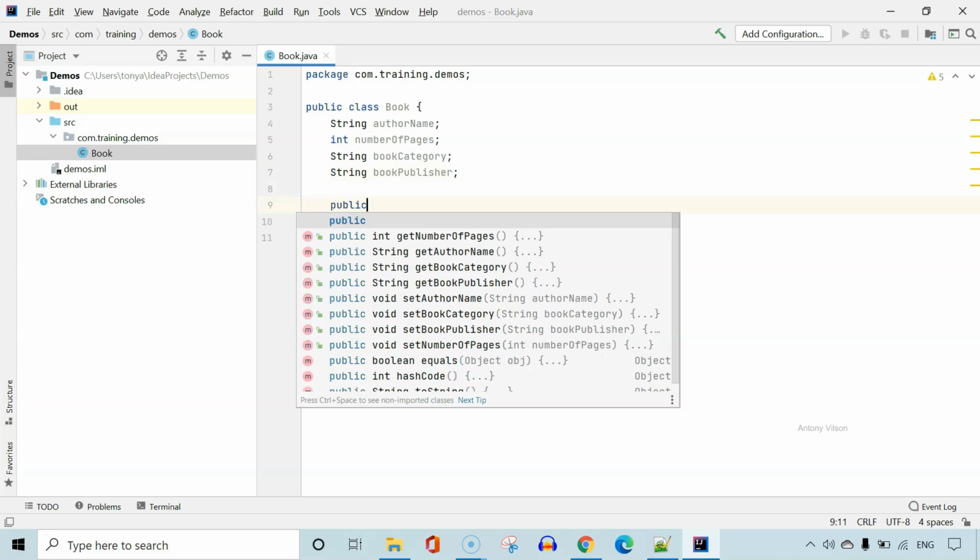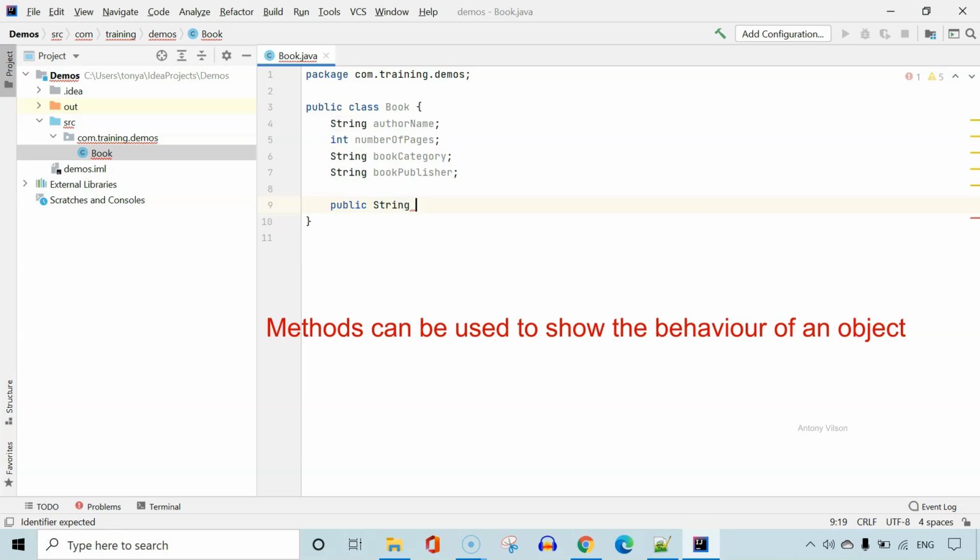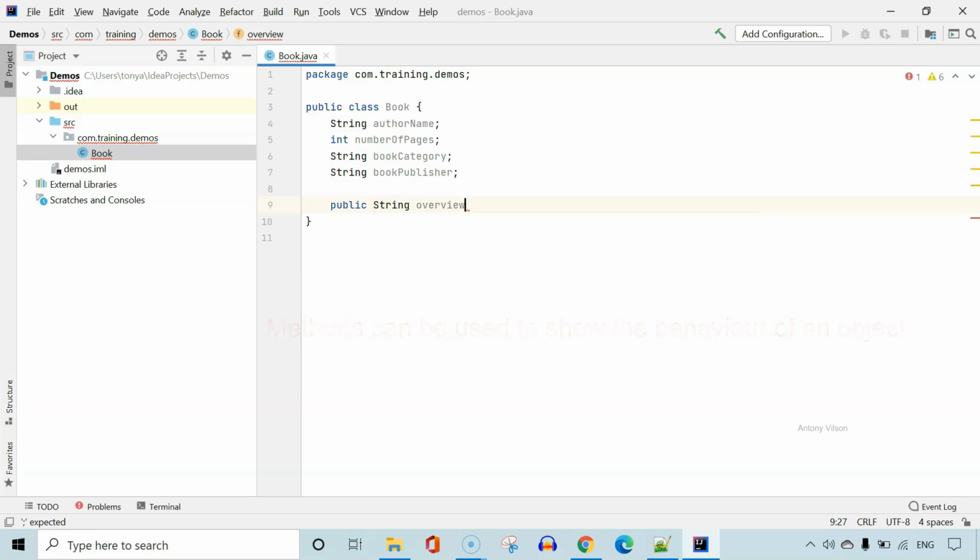So public String overview of book is a method. It simply returns a string. Now we have added a method named overview of book into this book object. Now this book object has 4 variables and 1 method.